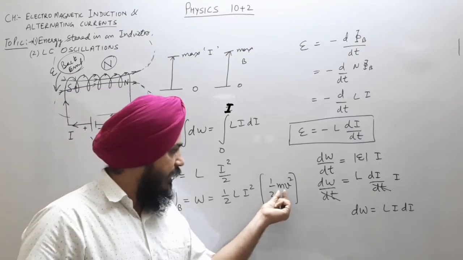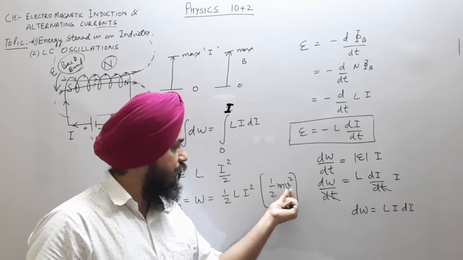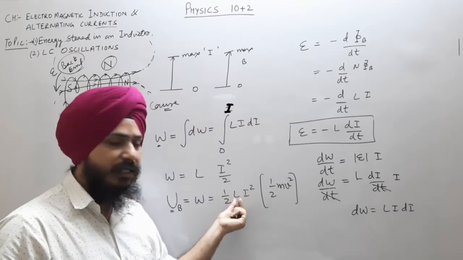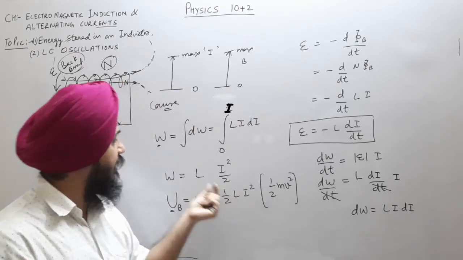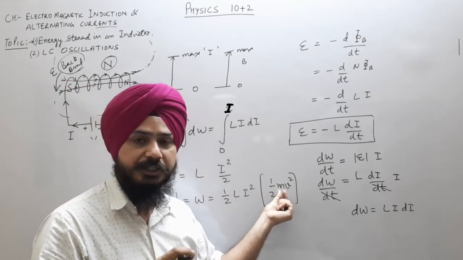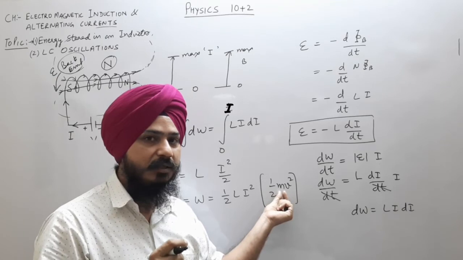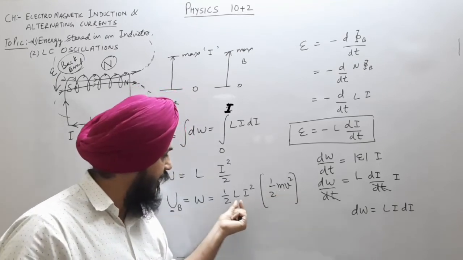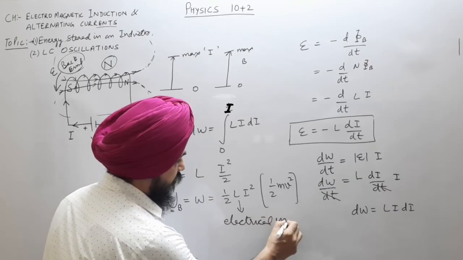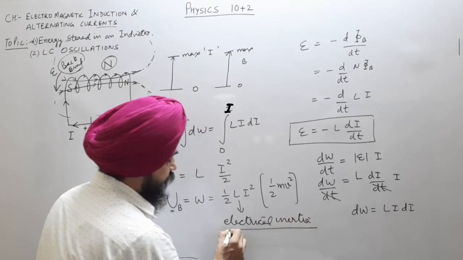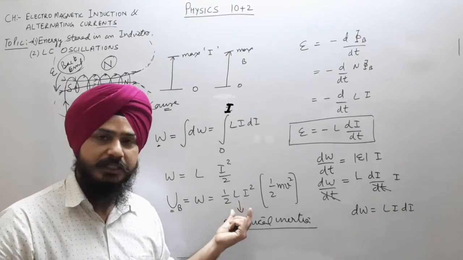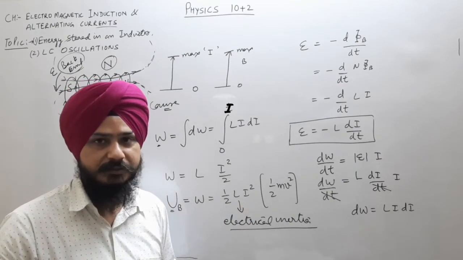Okay, now m stands for the mass of the body, v is the velocity of the body in mechanical systems. L plays the same role in electrical circuits as mass plays the role of inertia in our mechanical systems. So L is the electrical inertia. So this is our formula for calculating the total energy stored in the inductor.